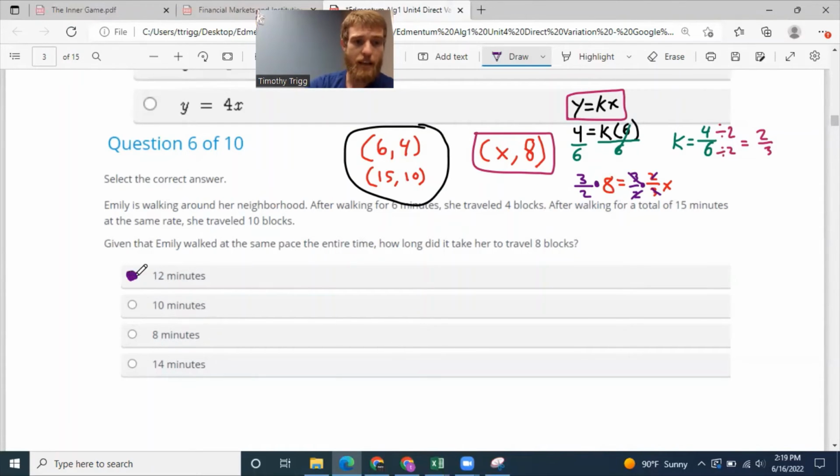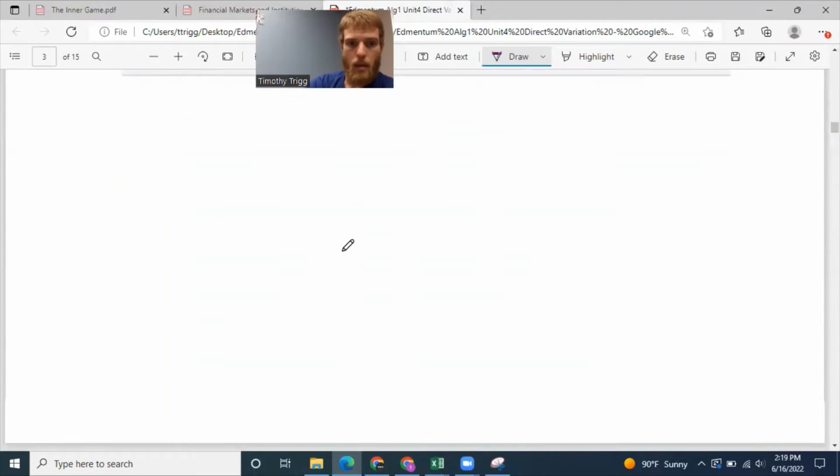Now, remember when I said I already figured out the answer? Well, that's because if she can walk 4 blocks in 6 minutes, I know if I double the amount of blocks she walks, that'll double her time. And double 6 is 12. So anyway,